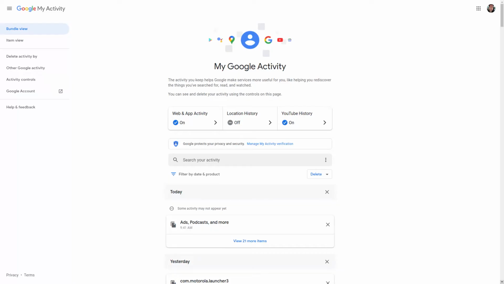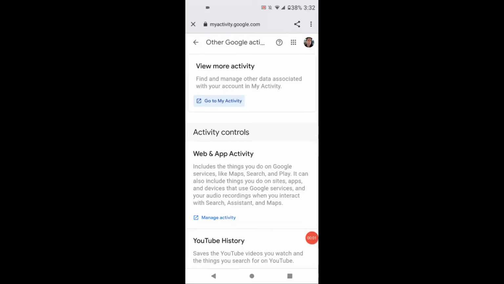Alright, so let's go take a look at myactivity.google.com and let's see if I can restore my privacy off the web. So let's see what we have here. We have view more activity, find and manage other data associated with your account in My Activity. So let's scroll down through this and see what we have, just to give you an idea of how